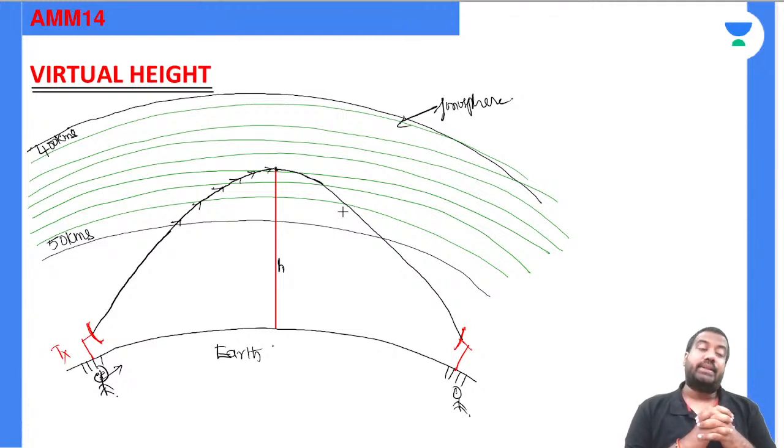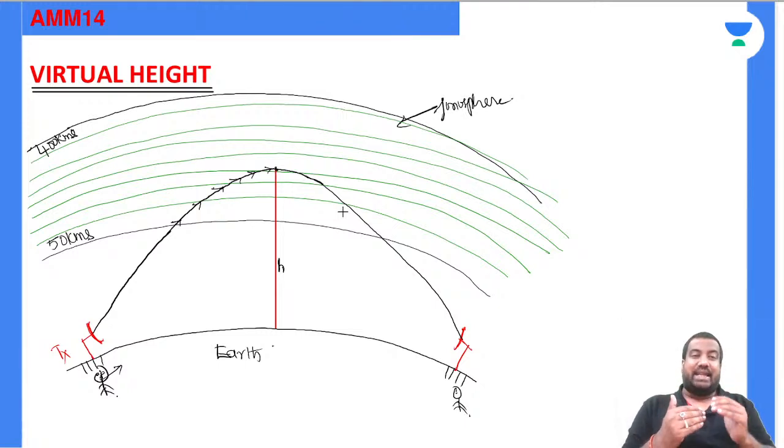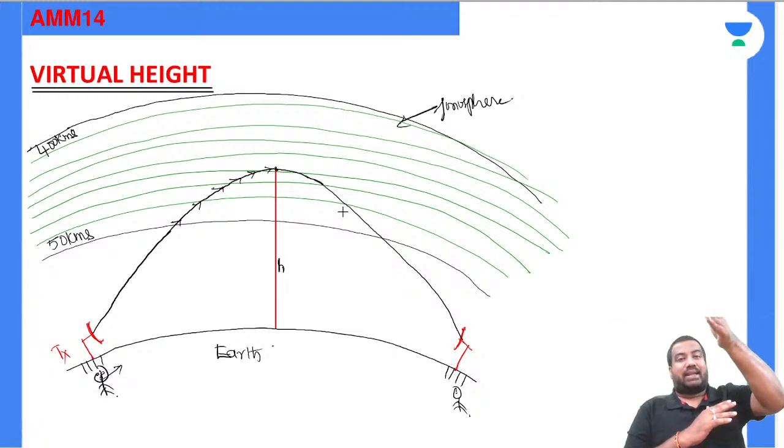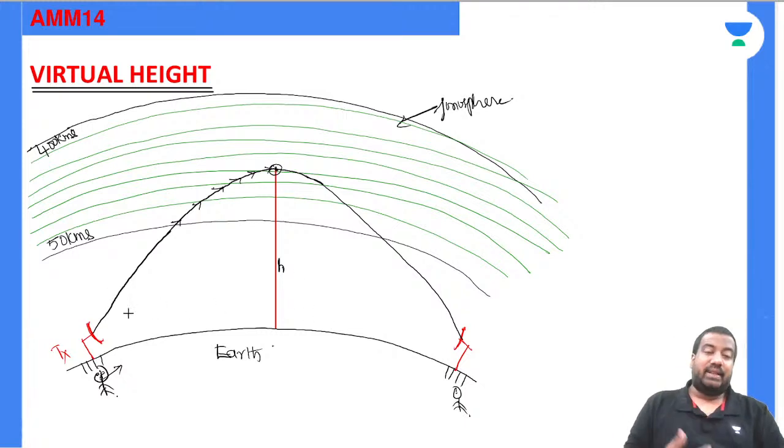What I am trying to tell is, see, Bhaskar, we had sent the wave vertically upward, into the ionosphere. The moment the wave has entered the ionosphere, it has started bending. Now my question is, do you know exactly at what point it will start coming back? If you know that, you'll understand the actual height. Can you predict at what point it will come back exactly?